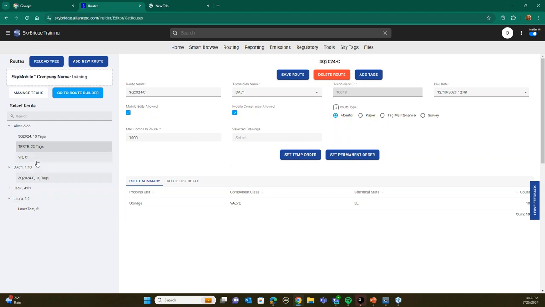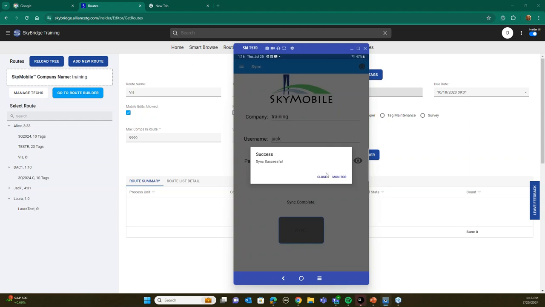Another thing too is these routes, there's your reload tree if you want to refresh your tree here. You can delete these routes too once you finish with them or don't need them anymore. You can delete them. This is the managed text here that we talked about earlier. But again, what I